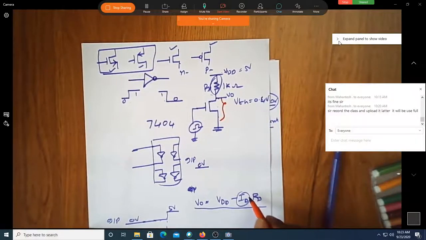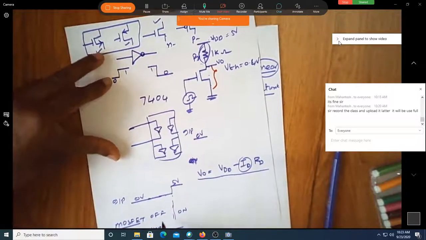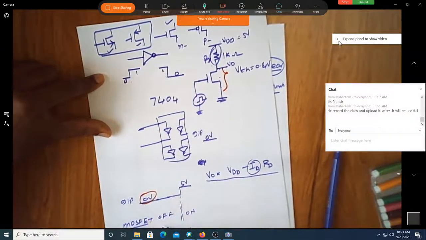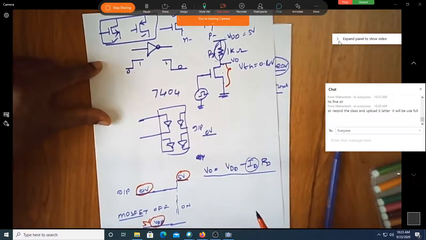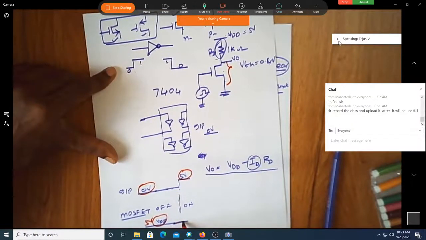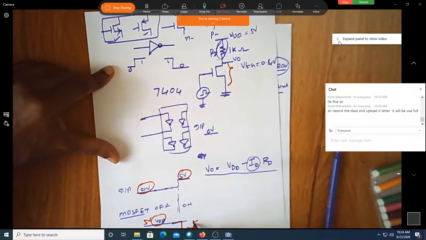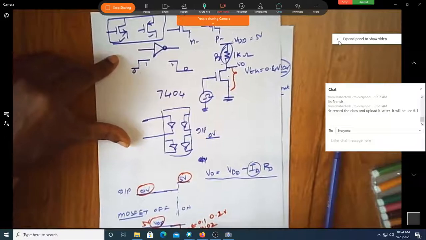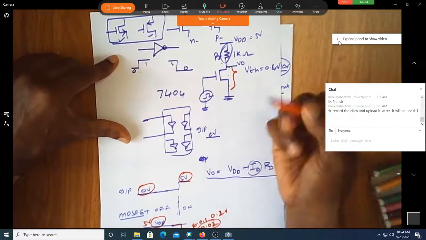Assume that current I is too much, and what are we actually expecting? We are expecting, as you said, when the input is 0, the output is 1. So when you apply 0 volt, it was VDD, almost 5 volt. When you apply 5 volt, what is your expectation? 0 volt. So your expectation is 0 volt, correct? It need not be exactly 0 volt, it can be 0.1 volt, 0.02 volt, or 0.2 volt, correct? So when it is 0.02 volt, is the MOSFET in which region?